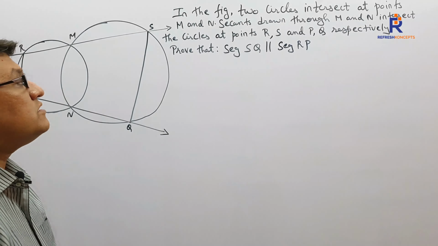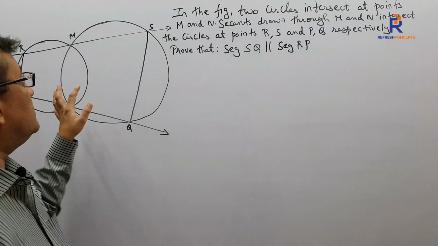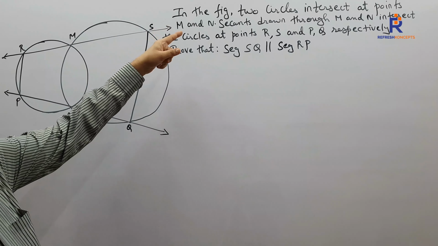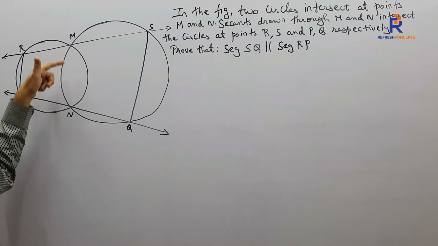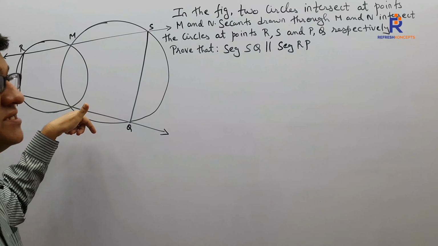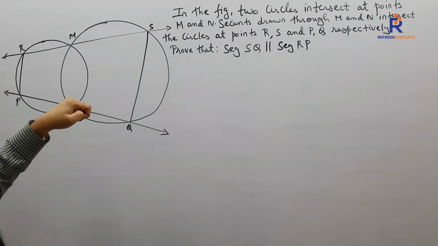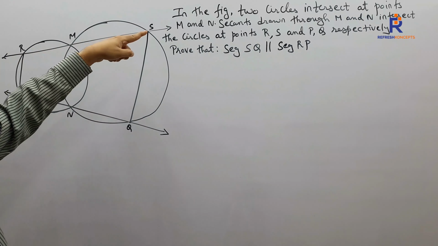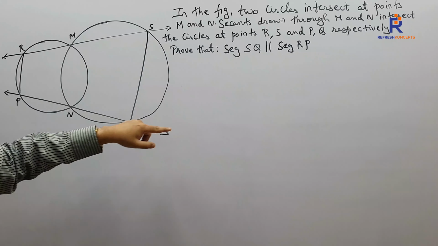Let's say, children, now, what is the next sum trying to say? This particular sum says, a figure is given to you. In the figure, two circles intersect at points M and N. So two circles are intersecting at points M and N. Secants through M and N intersect the circles at points R, S,